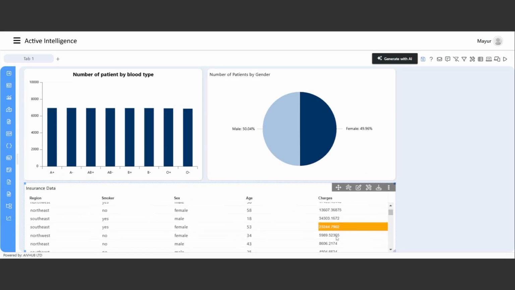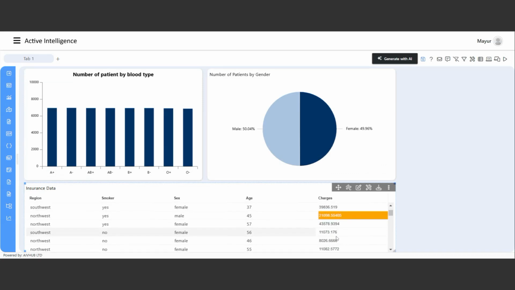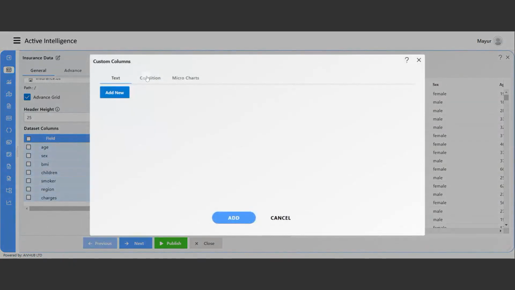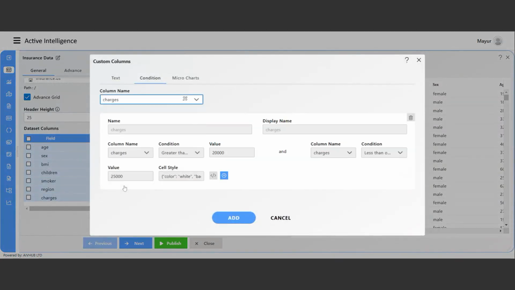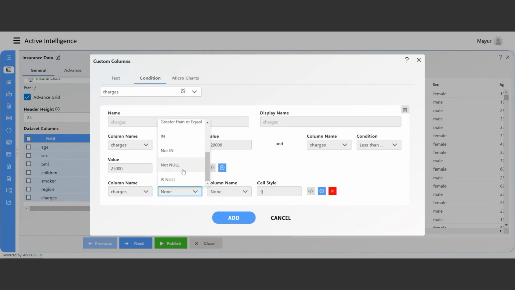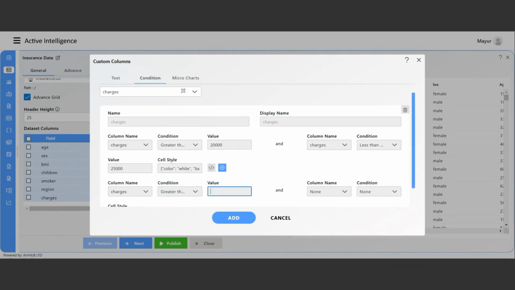So similarly, you can give different kinds of conditions. So let me give another condition as well. If you want to give another condition, you can go here, go to condition, select the charges, and if you want to add another condition, click on this add. You can add charges greater than or equal to